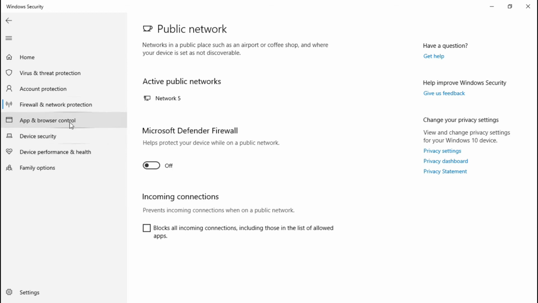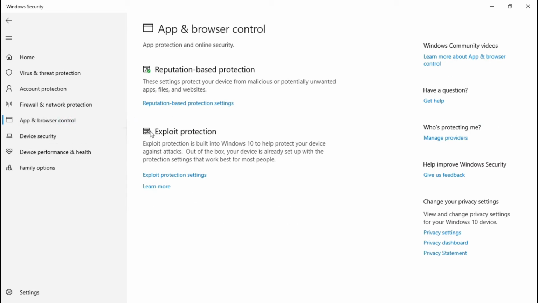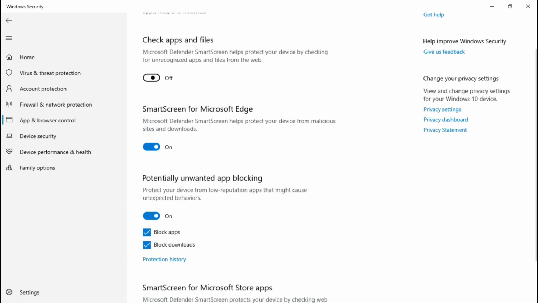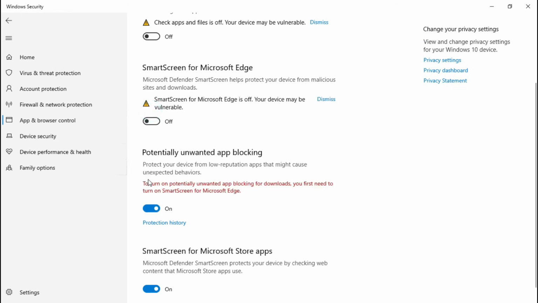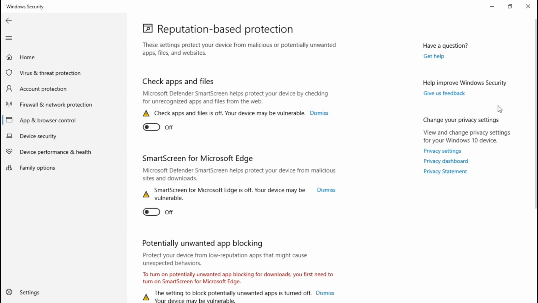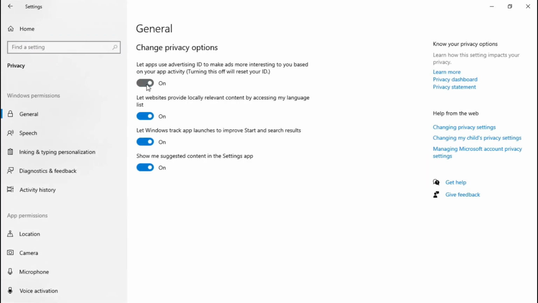And then you go to app and browser control and click on reputation-based protection settings and disable all these options. And at last you click on privacy settings at the right side and disable all these settings.